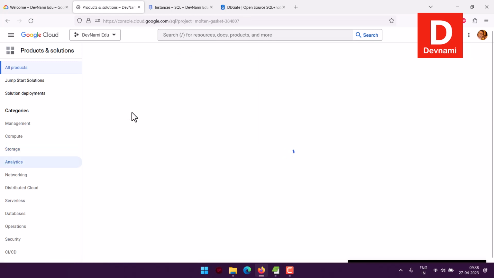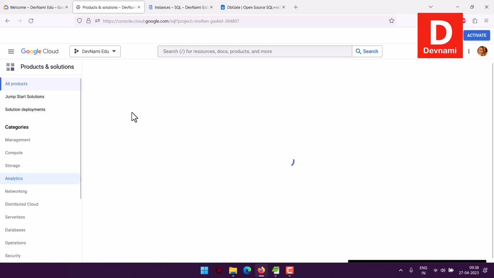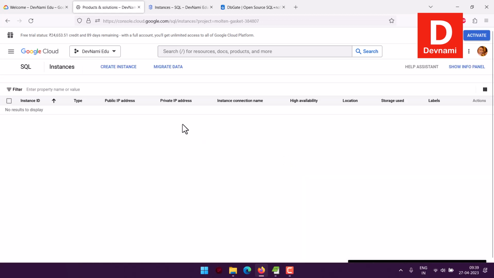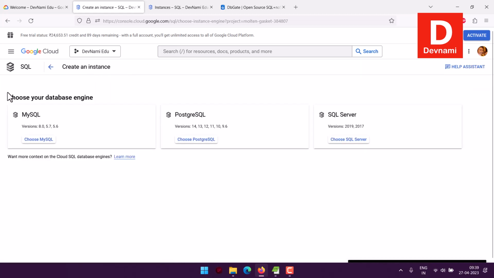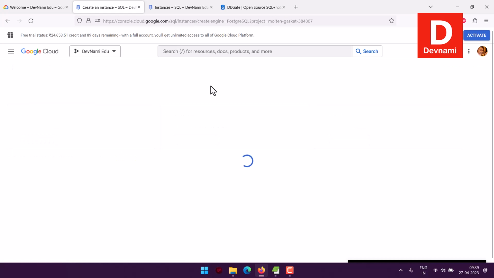And here, we will have to think of taking care of the instance part. I already have one PostgreSQL instance, but I will be showing you how to create the instance. So click on create instance, and here you see MySQL, PostgreSQL, and SQL Server. I'll be choosing the PostgreSQL option, and by clicking on choose PostgreSQL, once you do that, it will show up a new page